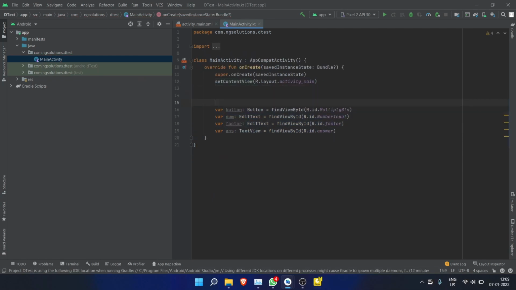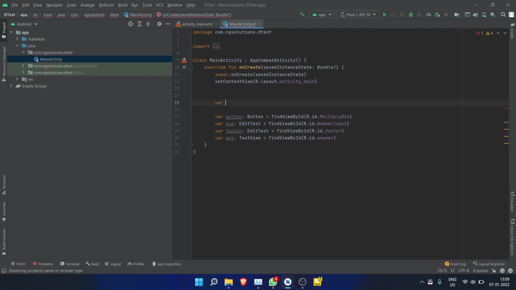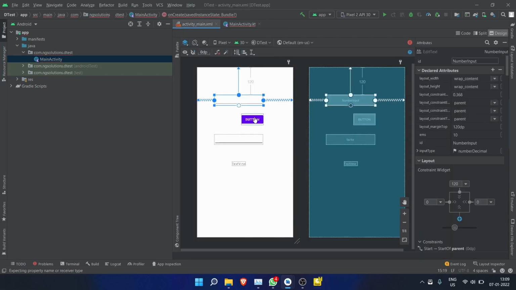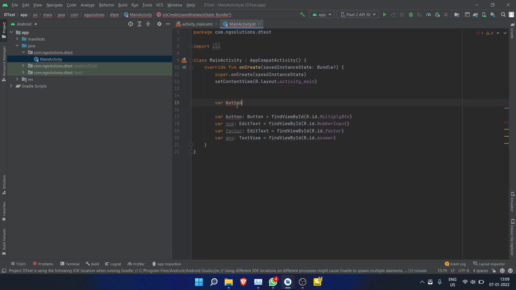Let me just hit enter and write one more line. var button. This is the variable which will represent the button over here, and you can give any name, like multiply button, let's say multiplyBtn, and then after that use the colon,